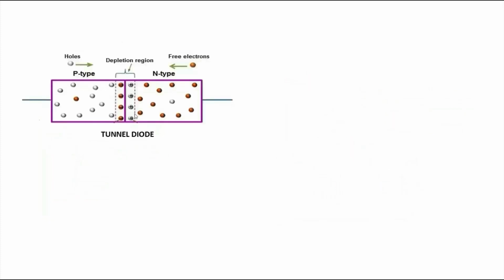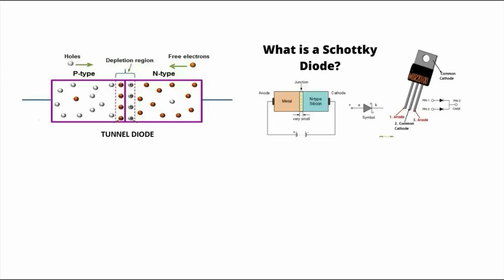Next one is tunnel diode. In a tunnel diode, p and n regions are more heavily doped than in a Zener diode, so the p-n junction formed is very narrow. Electrons can easily tunnel from the n to p region. What is a Schottky diode? A Schottky diode is actually a metal semiconductor junction diode. If the semiconductor is n-type, then the electron affinity of the semiconductor should be greater than the work function of the metal. It behaves like the p-n junction diode with a smaller value of the knee voltage and breakdown voltage.